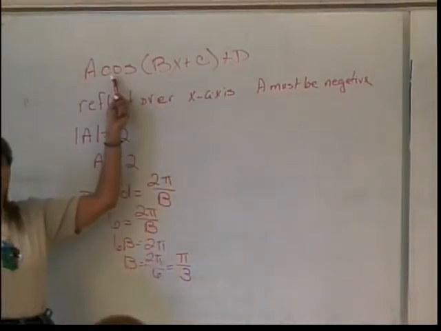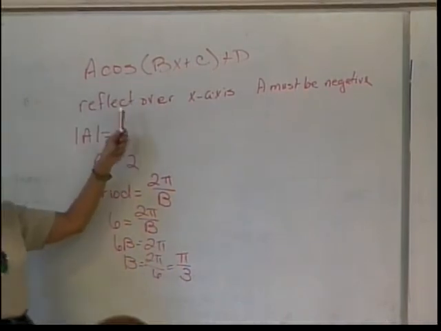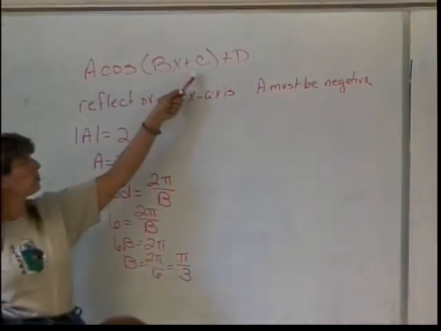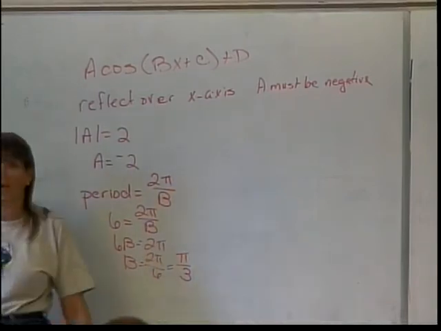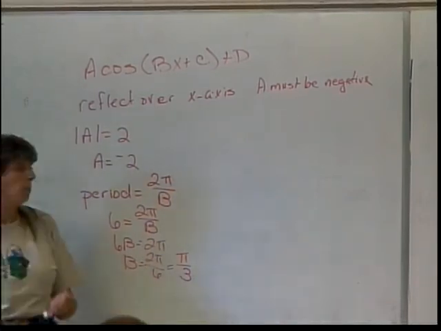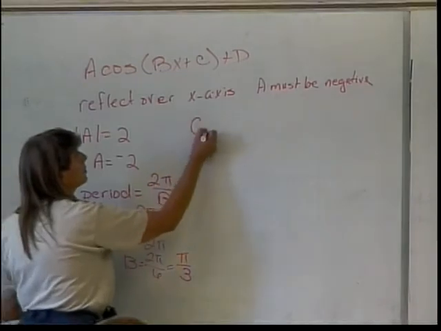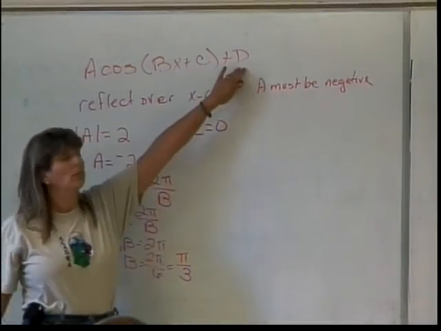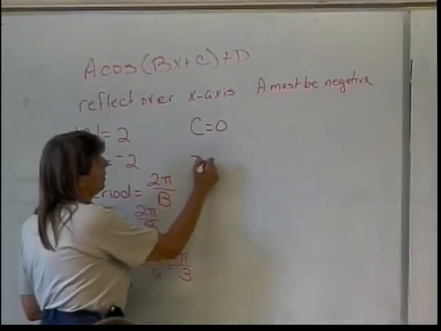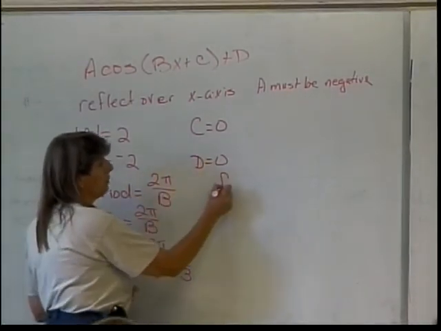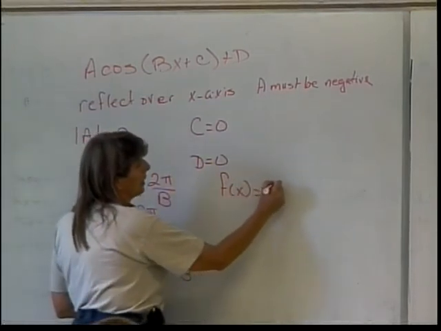I decided this was a cosine function, and I've also said it was reflected over the x-axis. So is there a phase shift? In other words, is it moved left or right from anything? Nope. So that means C is 0. Midline, that's my D. Is the midline moved up or down? Nope. So my D is 0. That means for this function, f of x is going to be -2